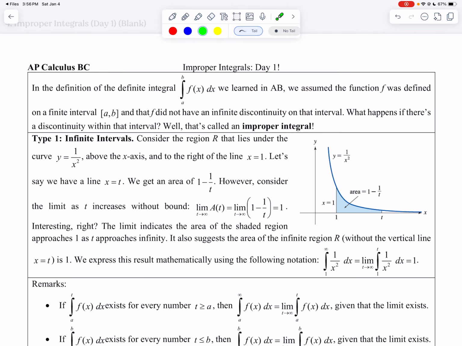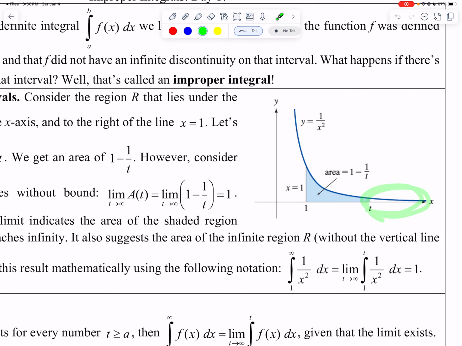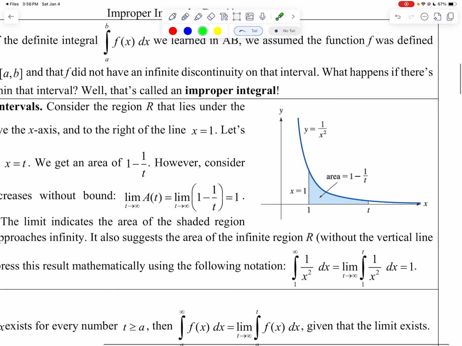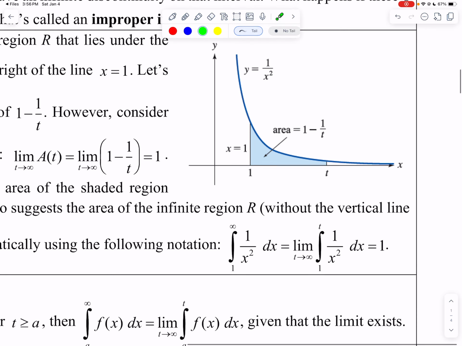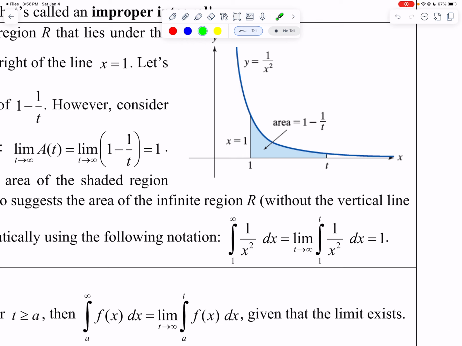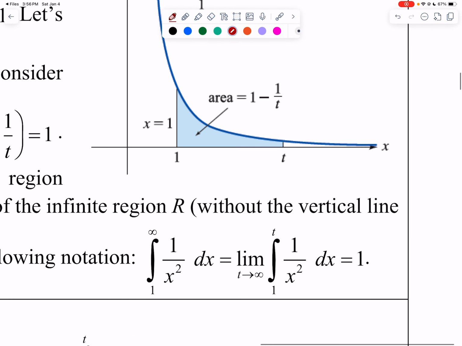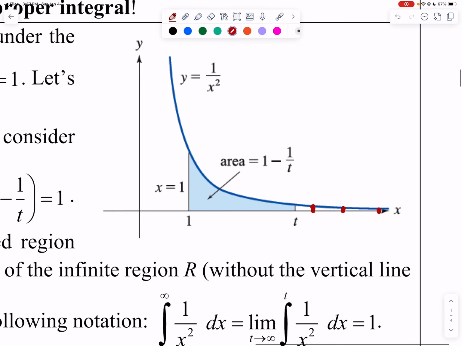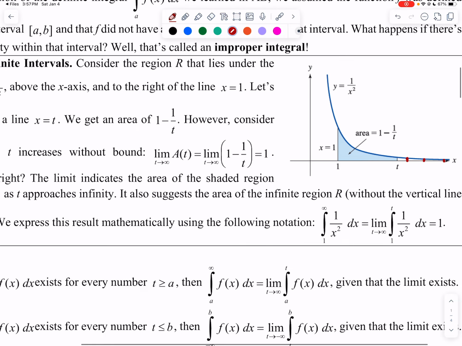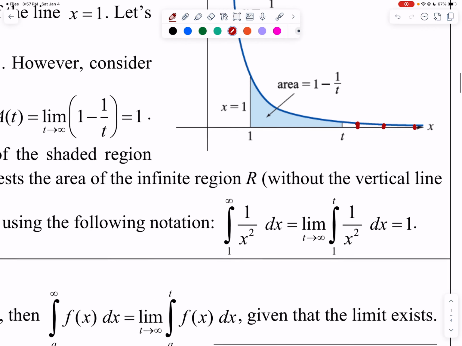The first one that we are going to be talking about is type 1, which is infinite integrals, essentially looking at 1 over x squared, where, once again, we have this area right here that we're trying to find. So let's pretend that I have the area from 1 to t, and that's going to give me 1 minus 1 over t. Now, what happens is that if I change my t value to be closer and closer to, let's say, infinity,